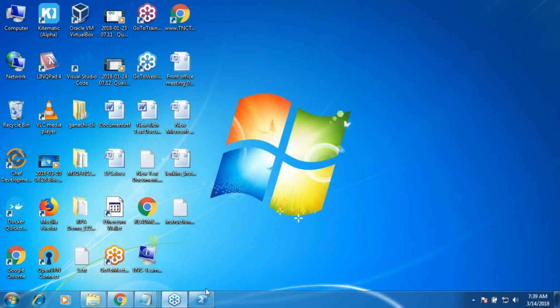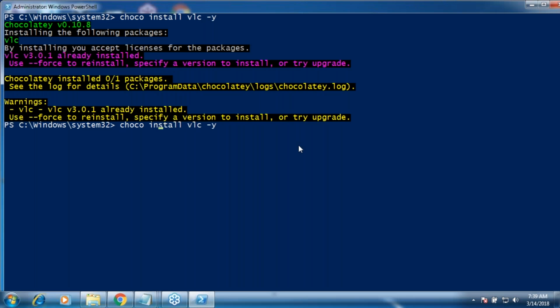Okay. So what I will be doing is Choco uninstall VLC. Generally, I'll uninstall it after being created, but there is no need for you to go to control panel, add or remove programs, nothing. So we'll be using this.